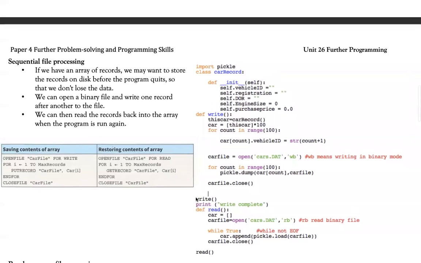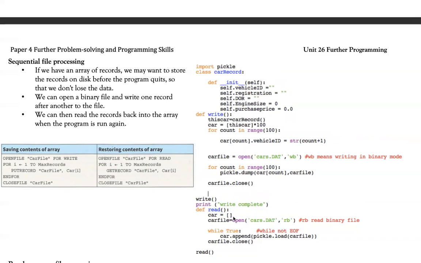Similarly, if I want to, for example, read data from a hard disk, this is where I will show you an example where exception handling can be used to make this error free. Let's see how that's done in a later lecture. But right now, let's consider what's happening here. I'm reading data back from my binary file into my array. Again, the pickle library will be used because I'm using the pickle subroutine over here. So my read subroutine basically does what?